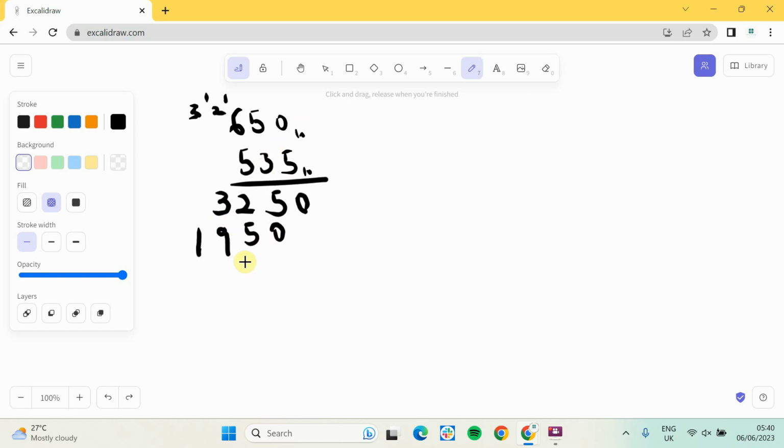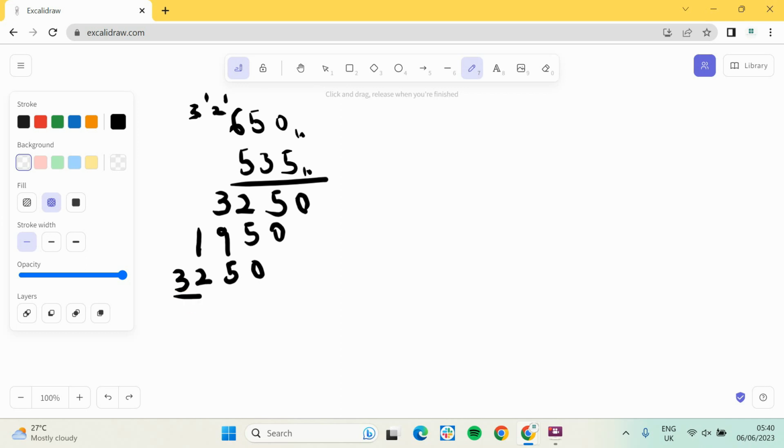Same thing goes here too. 5 times 0 is 0. So this is 25. So that will be 5. I'll carry over 2, right? 5 times 6 is 30, right? 30 plus that 2 is 32. So I'll drop the 2, carry over the 3, right? And because there's nothing else to multiply, I'll just bring down the 3,